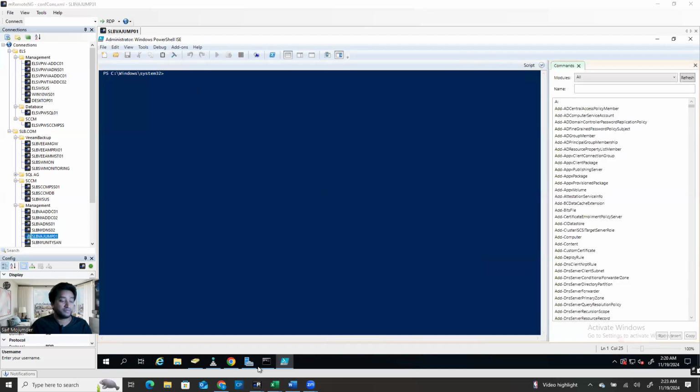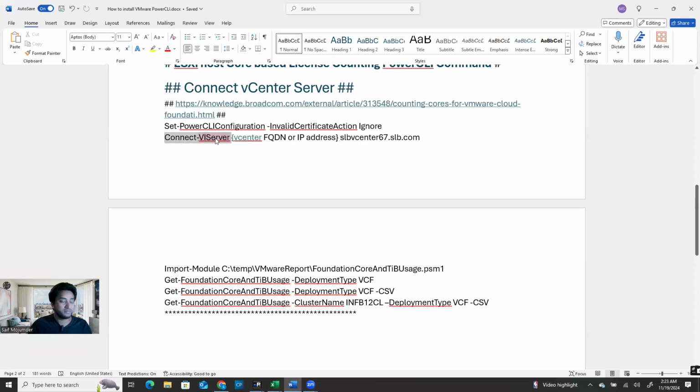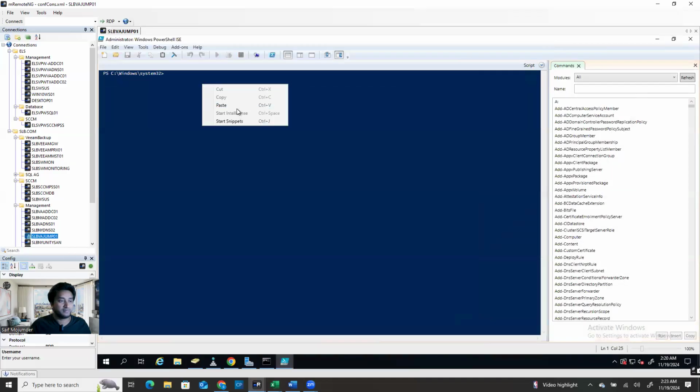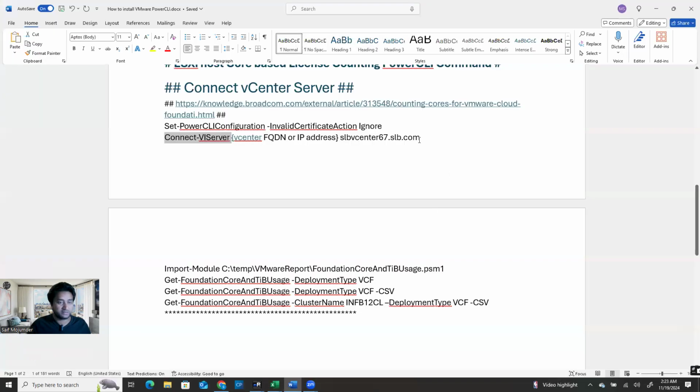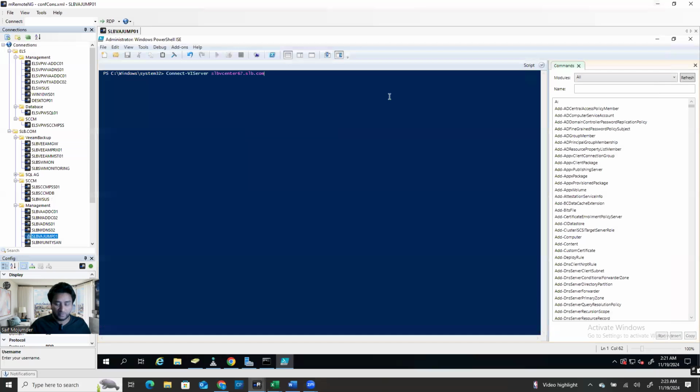Okay, so first you have to connect to your server, right? So Connect-VIServer, and then your server name. I have my server name here, so I copy and paste it here, or you can type it and hit enter, and then it's going to ask you to log in to your vCenter.